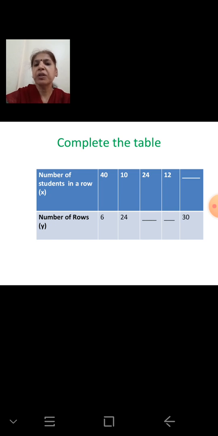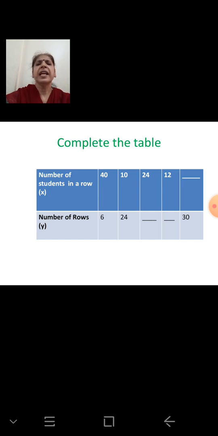So how are we going to do it? We have to find, if the number of students in a row is 40 and the number of rows is 8, then 40 multiplied by 8, 320 students are there in all. If you check again, if 10 students are in a row, 24 rows, 240. So the same calculation we will keep in mind. Number of rows, now 24. So how many rows will there be? 24, how many is 240? 10s are. Now the number of rows will be 10.